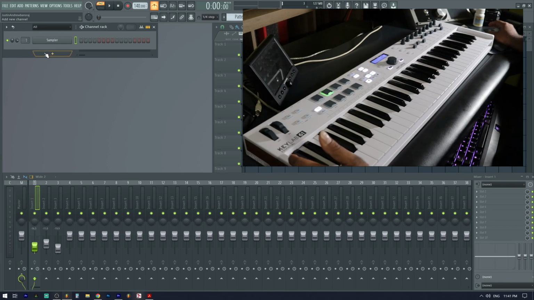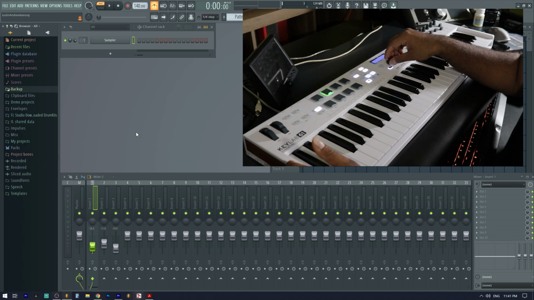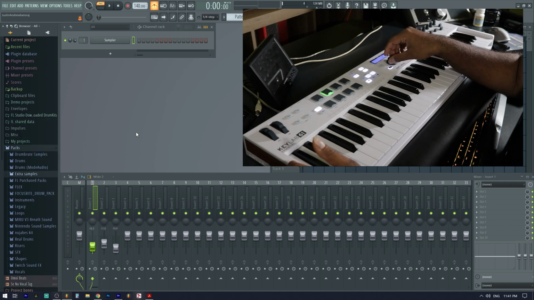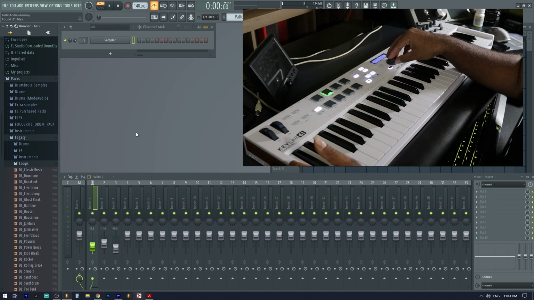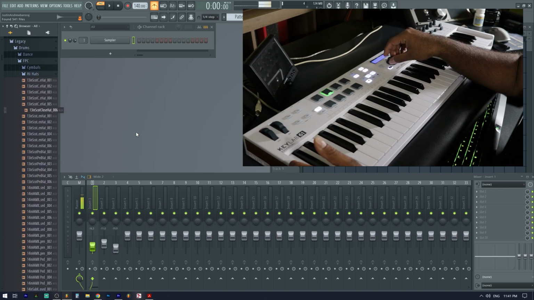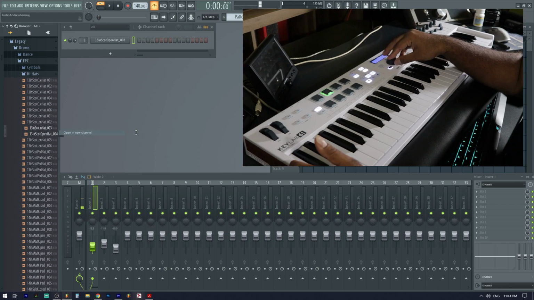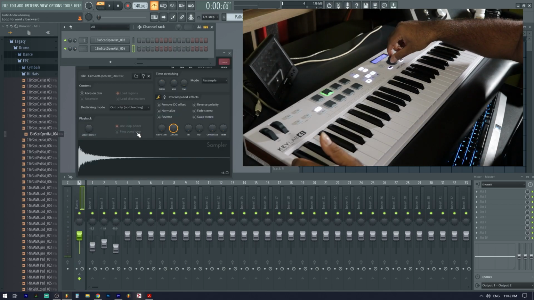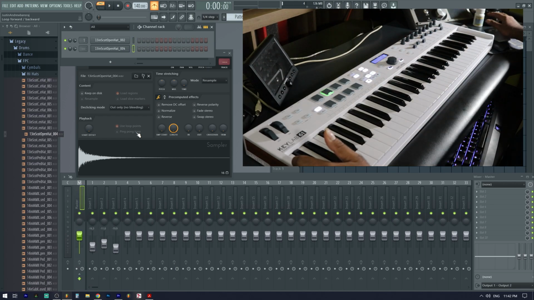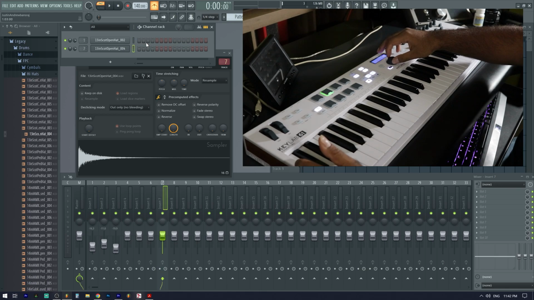I don't have multiple things, so you can't really see that. But also the browser. If I were to select the browser, here we have the ability to add in sounds if I want to, or even effects. So I could click it, send it to the channel, open a new channel. Now you can see in the channel rack, I'm able to select one or the other. Now the bottom looks like it's doing some funny dance, the mixer, but that's just because the routing is different.